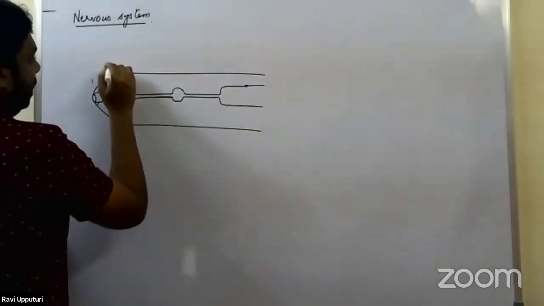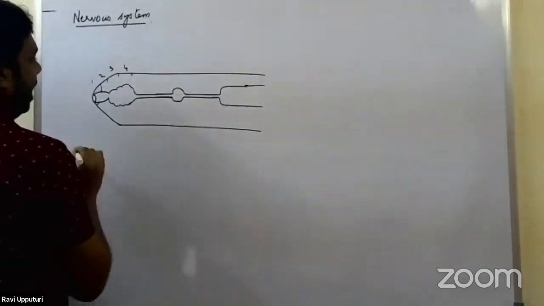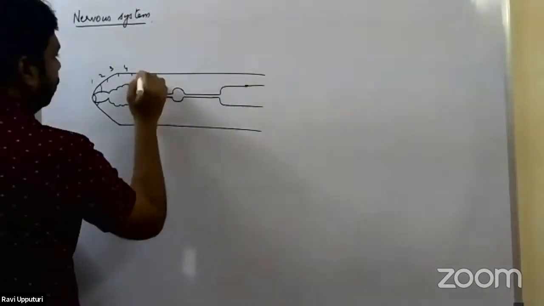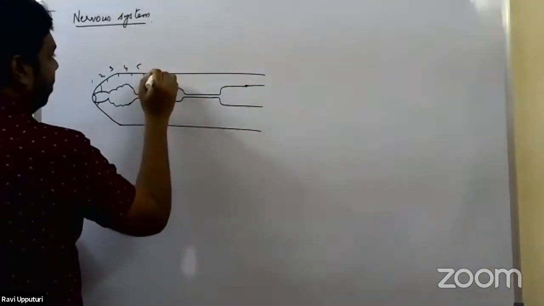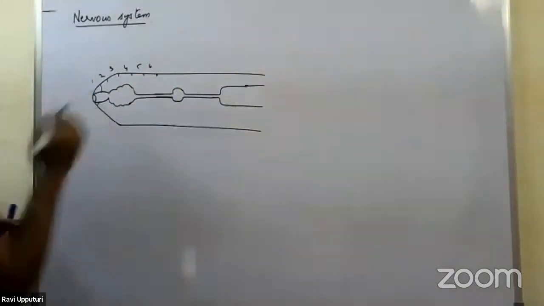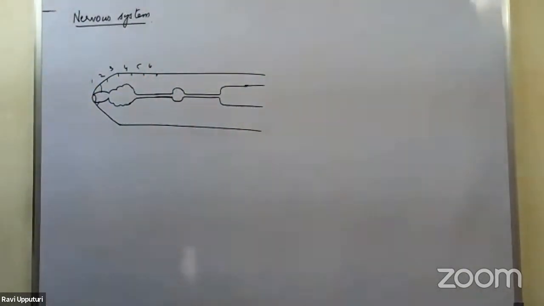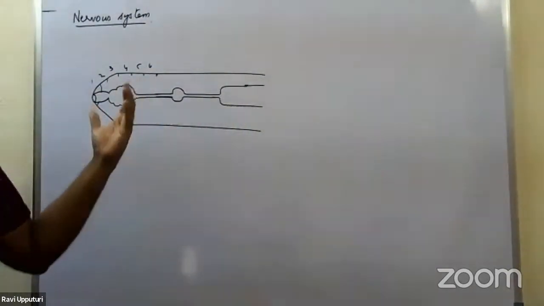So in the third segment and the fourth segment we would have the pharynx. Here also we will have just a few segments, so this would be sufficient. Third and fourth segment, we know that there is pharynx being present. Now, this is the alimentary canal. Keeping this as a reference point,